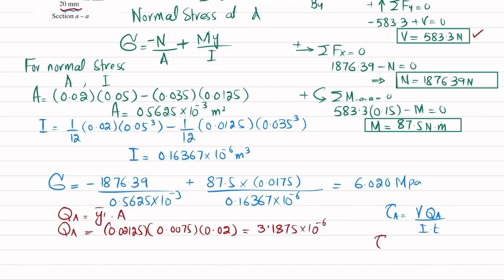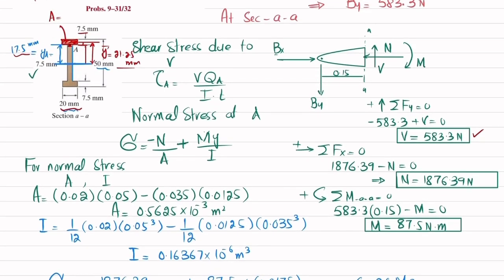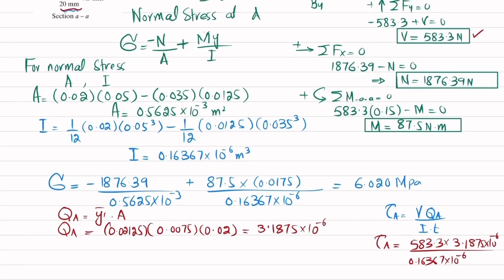So put it in this formula. Shear stress at point A is V. So V is 583.3 into QA, which is 3.1875 into 10 raised to power minus 6, divided by I. I is 0.16367 into 10 raised to power minus 6, and T. So T at point A is, you can see, this is 7.5 millimeter, which is 0.0075 meter. So when you solve this, you will get the shearing stress at point A comes out to be